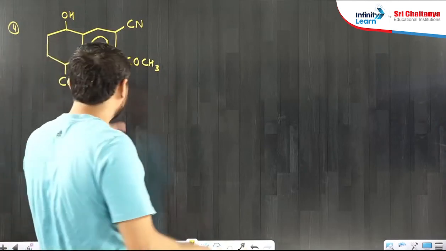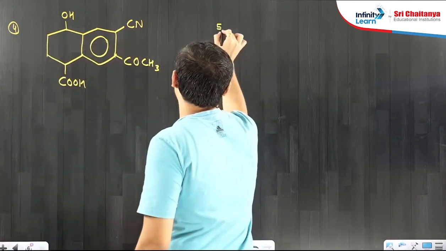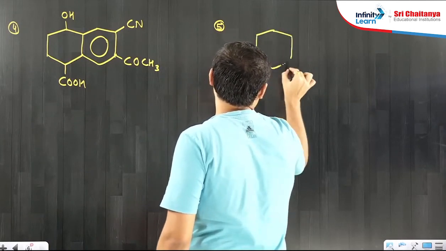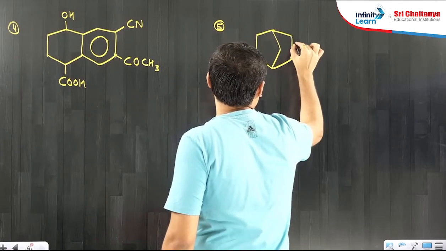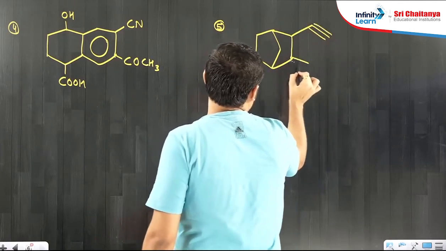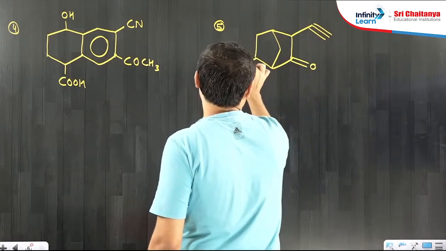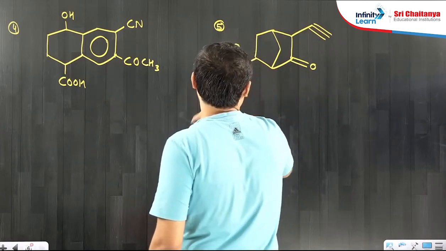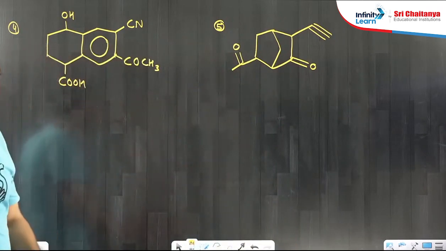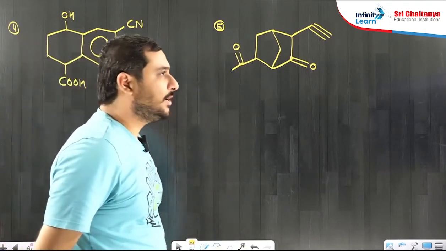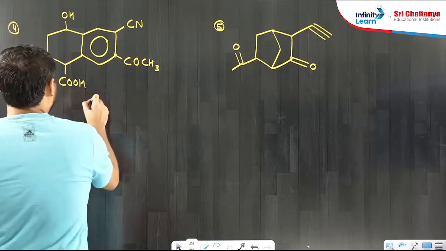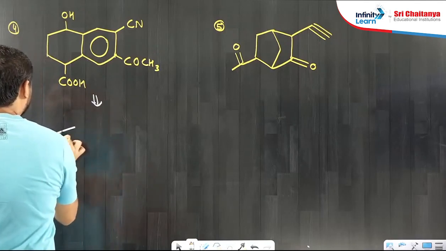You have to draw the expanded structure. These are typical types of questions I am giving you. Now solve these two. You have to tell what is the degree of unsaturation in these 2 compounds. So let us do one thing. I will draw the expanded structure, then you will tell what is the degree of unsaturation.